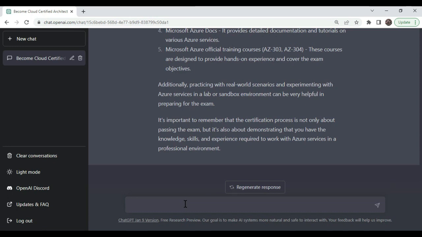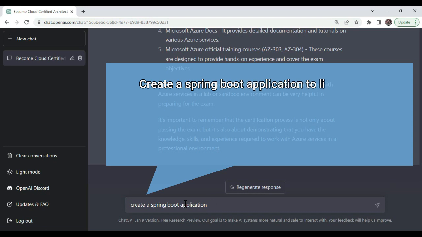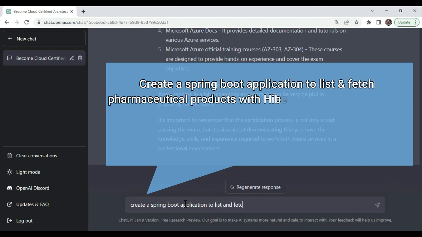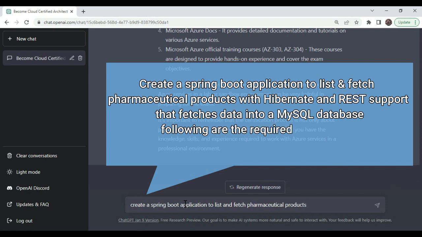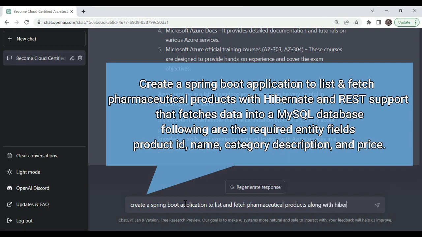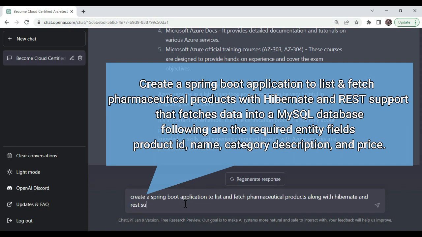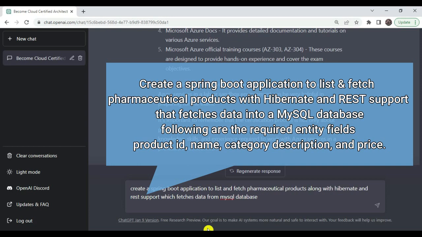So let's ask it to create a Spring Boot application to list and fetch pharmaceutical products along with Hibernate and REST support, which fetches data from a MySQL database. Following are the entity fields